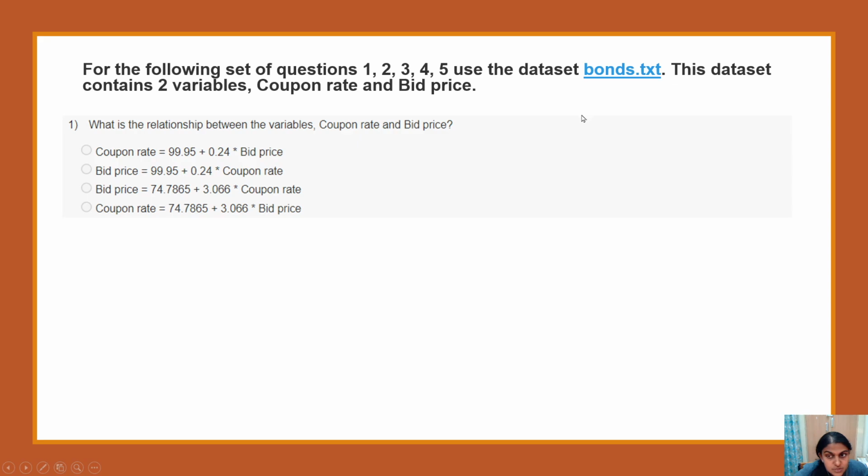So first we have to download this particular data. I have given the link from where you can download that. It is the same link as given in your window. When I share this PPT with you, you can look in that, or you can go to your course window and see that. The first thing asked is, what is the relationship between the variables coupon rate and bid price? Since it's a data set, we'll move on to